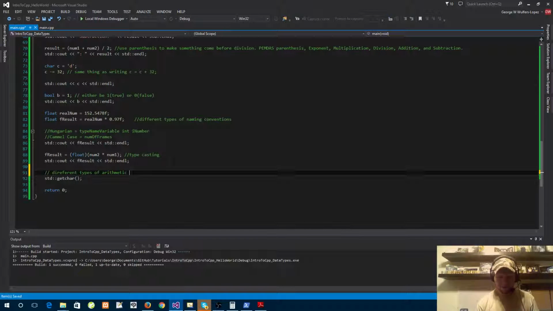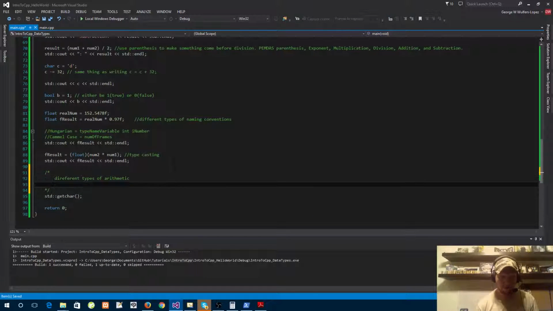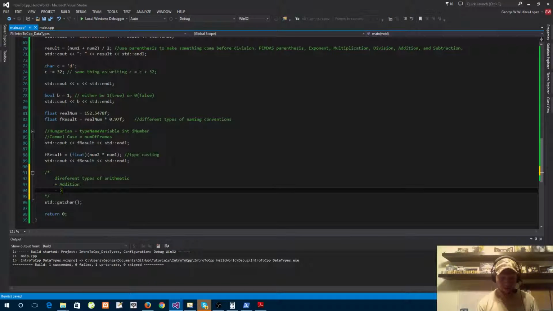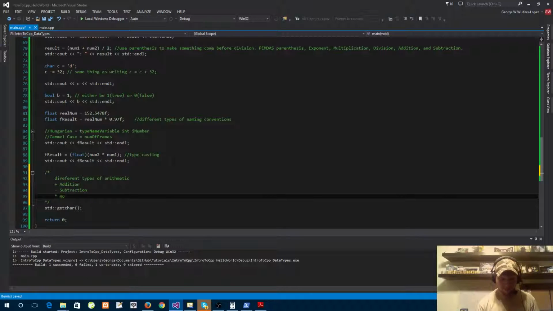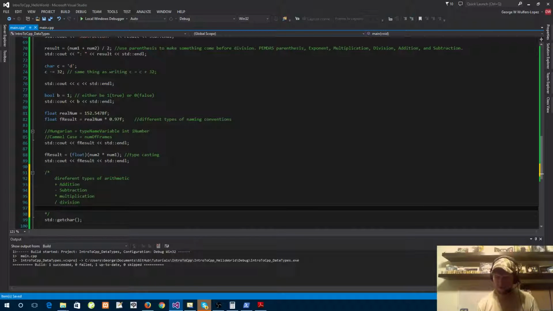So you have, let's just put in a block, addition, subtraction, multiplication, division. If you want to do division and get the remainder, it's called modulus, which returns the remainder of the